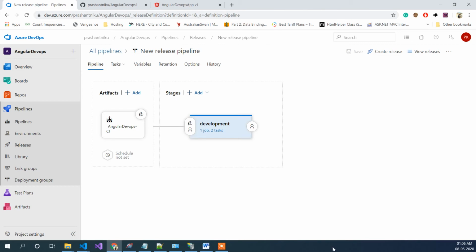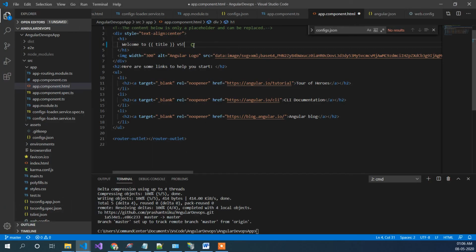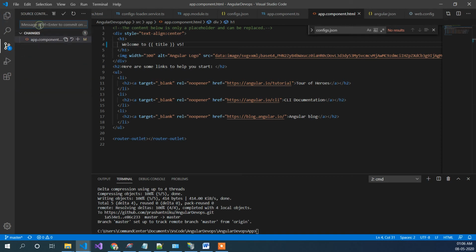So we have saved it, and let me just commit one more time. So I have v1. I will click on save. Now go here, and I will just add v5 and do a commit on that.